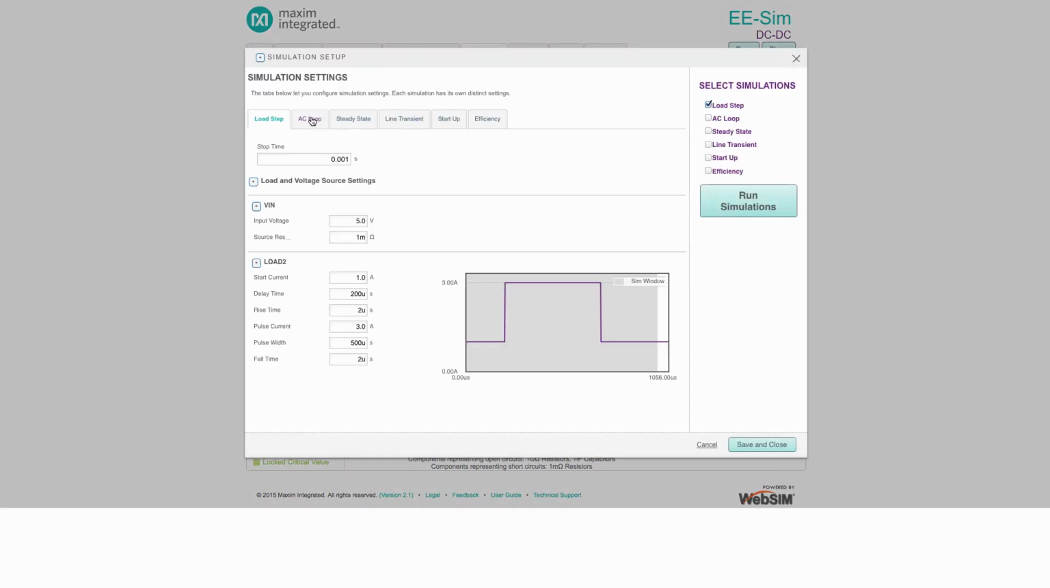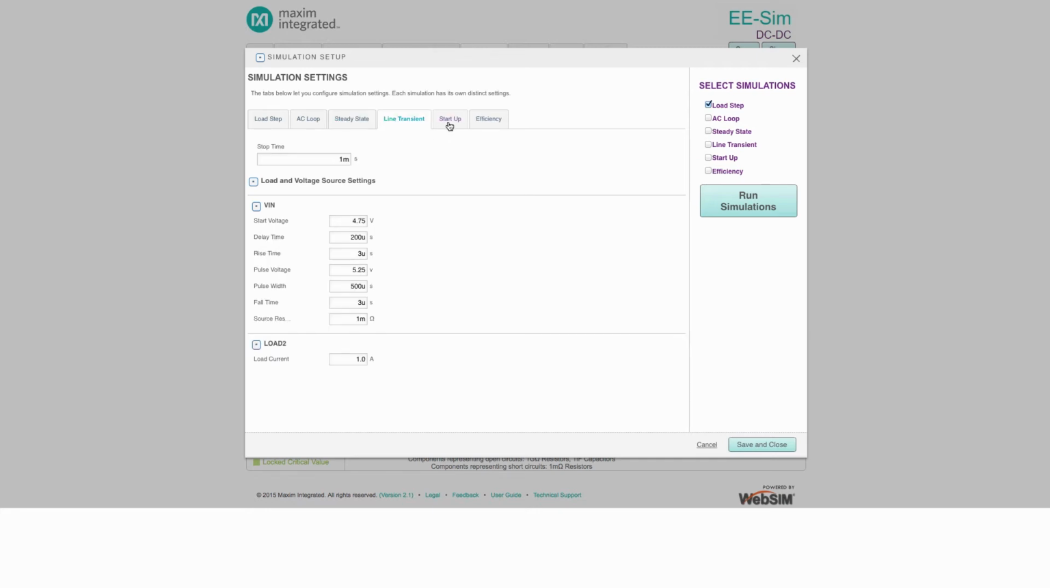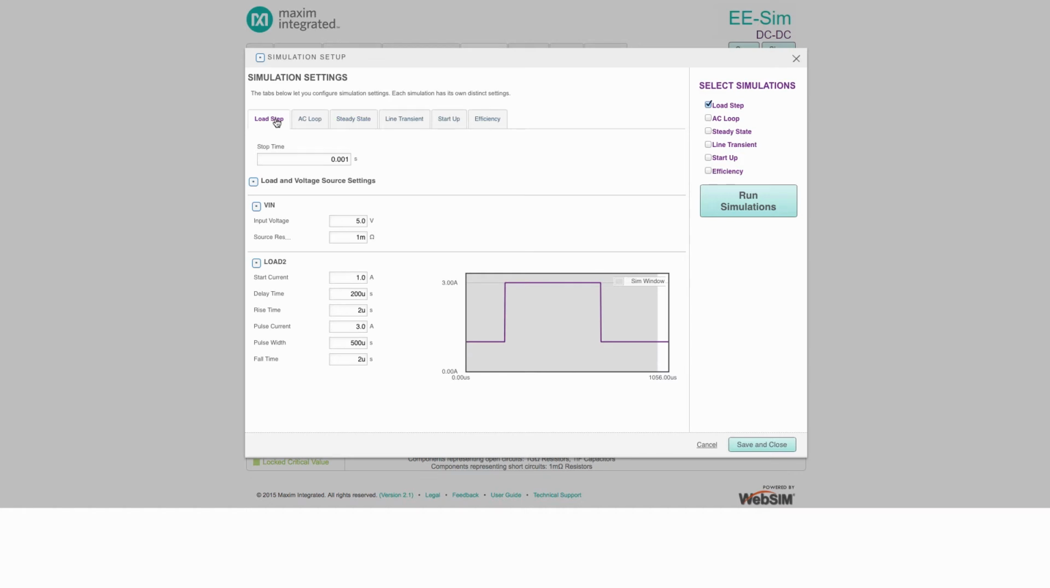The Simulation Setup window consists of tabs for each available simulation type, plus global controls on the right-hand side of the window. Begin by clicking the tab for one of the desired simulations. All of the simulation settings have default values, which are generally appropriate. It is not necessary to change any simulation settings, but if desired, simply delete the default value and type the